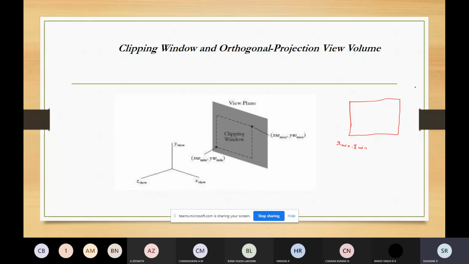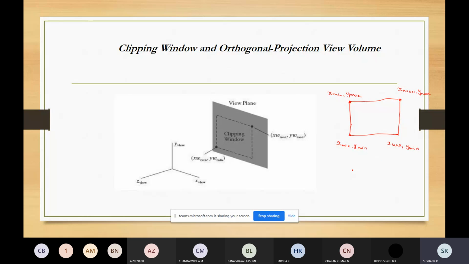This will be the maximum one, x maximum, y maximum. This is how it is designed for 2D. Right side means the value of x will increase, so this will be x maximum, y minimum. These will be the coordinate values for a clipping window. And x minimum, y maximum, the four end points of the clipping window.